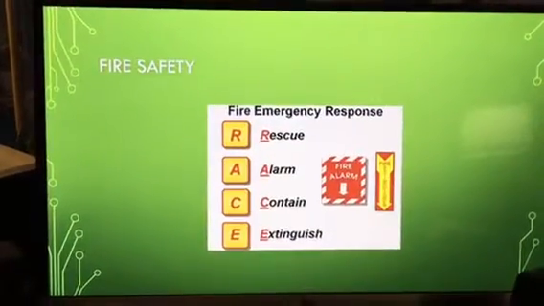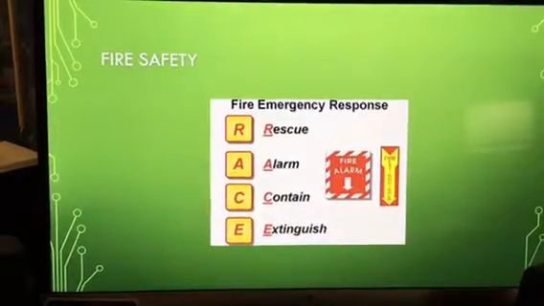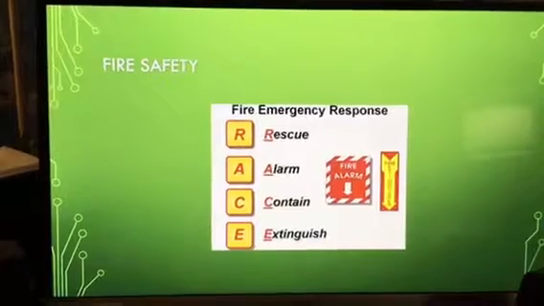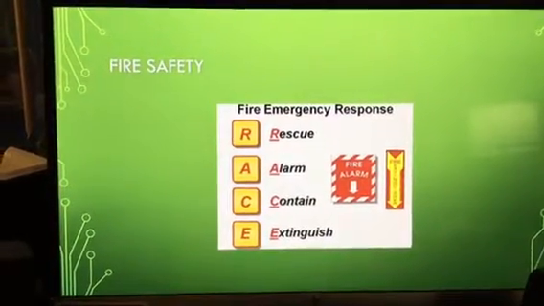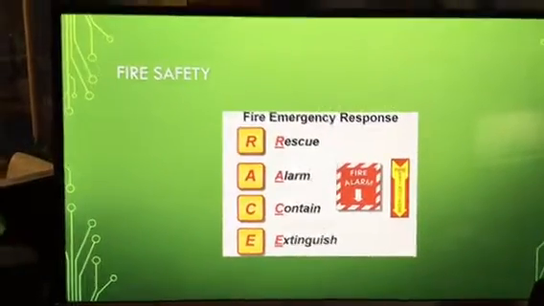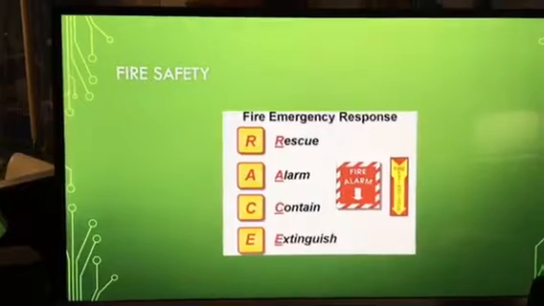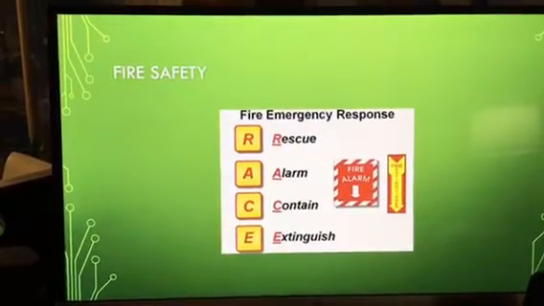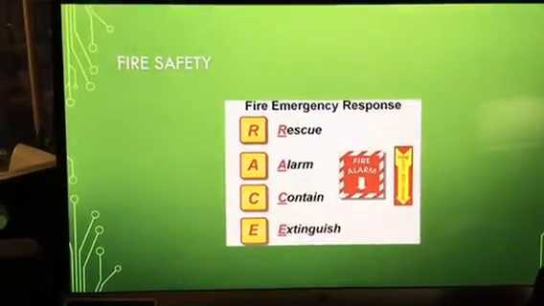And we use the acronym RACE, R being rescue the patient. So if there's any patient in immediate harm, the first thing we do is we rescue them, even before we pull an alarm. Once everybody who is in immediate harm's way is rescued, we activate the alarm system, whether it be by a pull alarm or a phone call. We then contain, shutting doors, using any kind of firewall that might be available to us, and we extinguish the